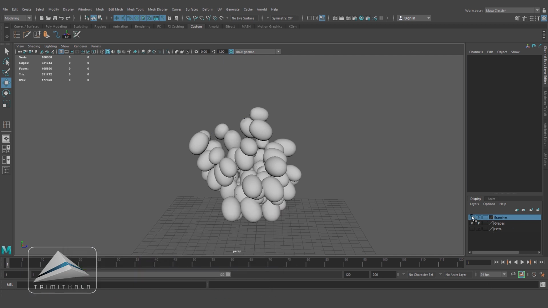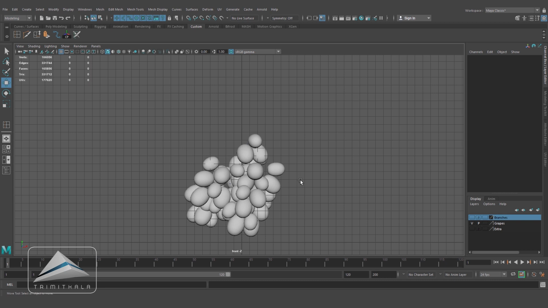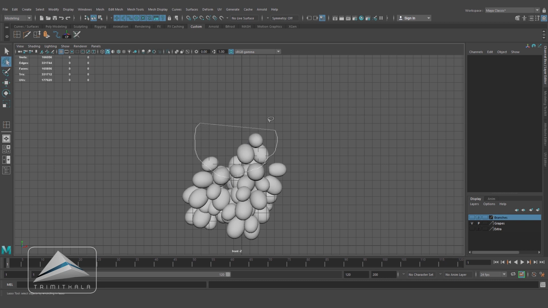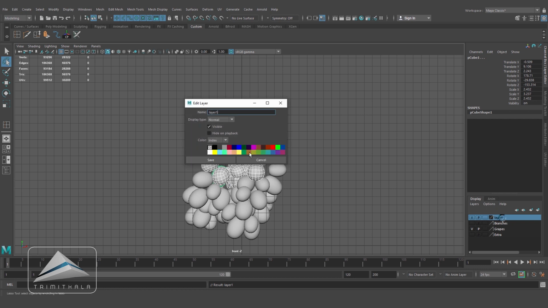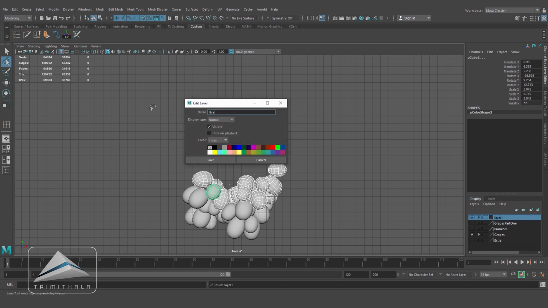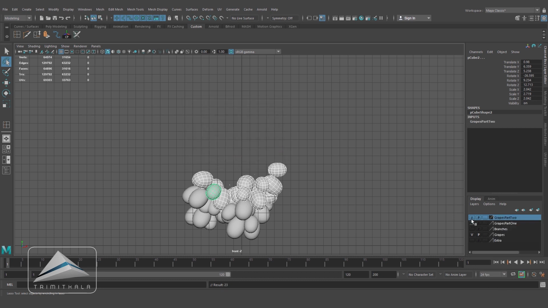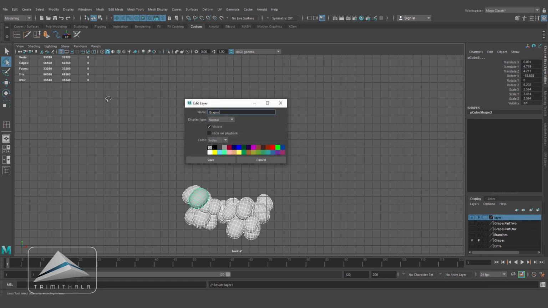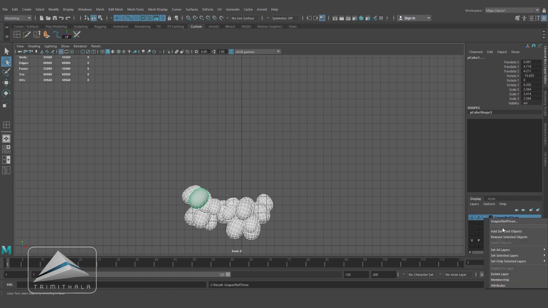and click it off. Now I want to keep the UVs of the grapes in 3 different steps, and for that reason I'm selecting a few grapes, creating a layer and naming it grapes part 1, save it and add, click it off, selecting a few more, creating another layer and naming it grapes part 2, add and click it off, and creating a third layer and naming it grapes part 3 and add it. Alright.